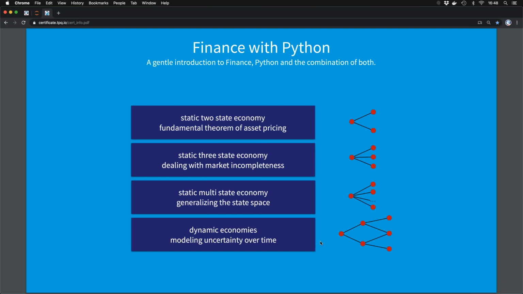So I said, well, why not come up with a class that basically addresses the two topics at the same time, and we can introduce and review finance concepts, and at the same time introduce in a gentle way also Python concepts, so that we have, for the two groups that I mentioned before, a gentle introduction, and for the others that have a little bit of finance and a little bit of Python, they have an easy start and can review concepts that they might have heard about, maybe not in this context, but it should be a gentle introduction to finance, Python, and the combination of both.